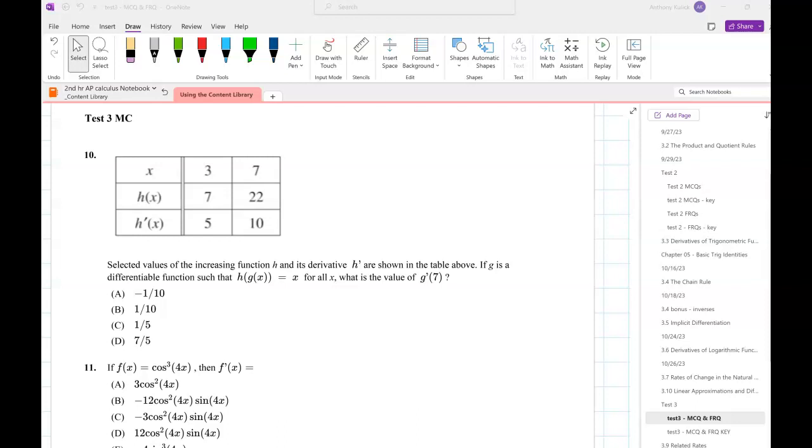Mm-hmm. So in words, what does the chain rule do? So that's the h prime, right? Times the derivative of the